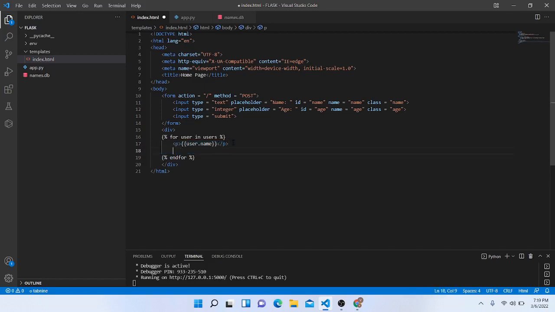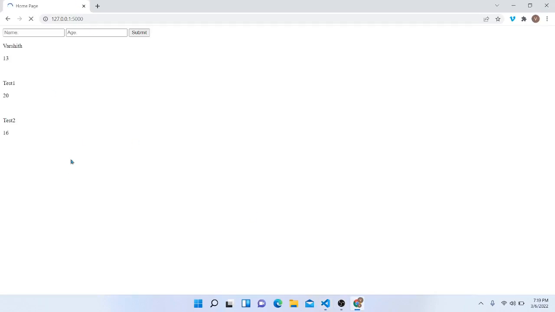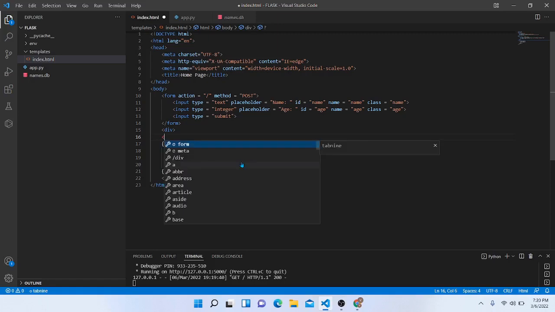But let's use an age too. And to make this better organized, let's add a break in between. Now let's go back to our front end, reload, and you can see we get all our users' details in here. But it isn't that organized. So to make this better organized, we can make a table. So we make a table,